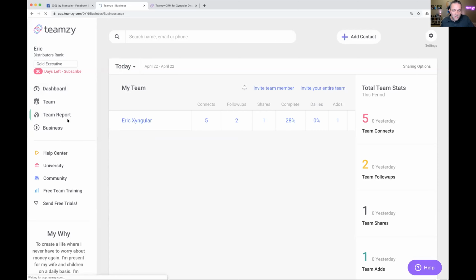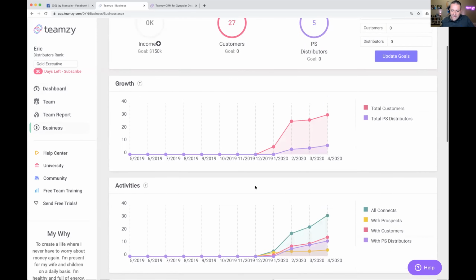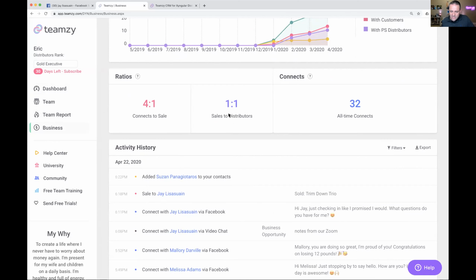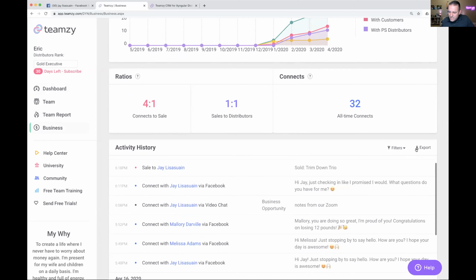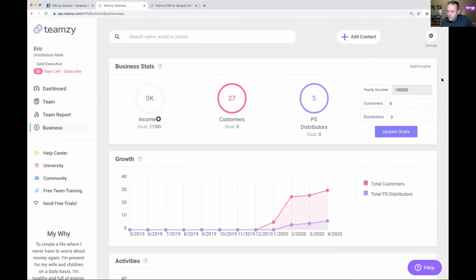On your business page too, you've got some cool reports. You can track your income and your growth and things like that. You can also track all your activities. There's some cool reports. This one does export, actually. The activity history I see does export. Okay. Sorry, I don't like to print out stuff, so